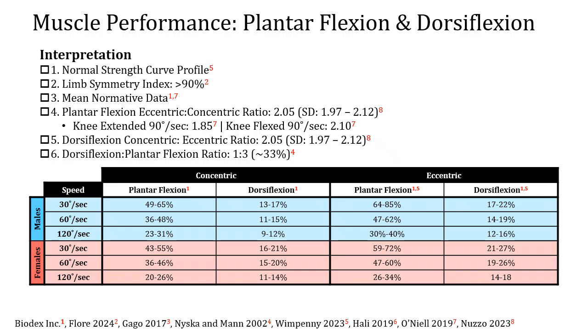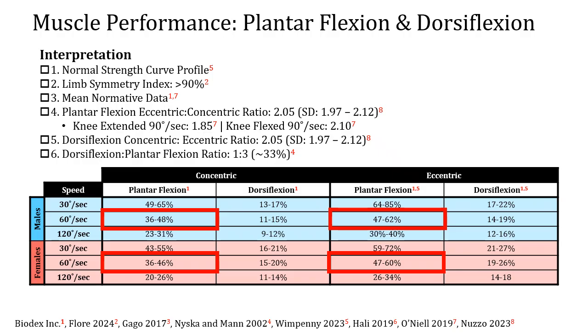So the mean would be if you just took the difference between the 2 values. So if we just took that first value in the upper left-hand corner for males of plantar flexion concentrically, 49 to 65% body weight, then you would be looking at approximately 57% of body weight concentrically as the normative value there. And then we saw previously in the last slide that you would want the individual to be able to produce up to 80% of body weight, and those values can really only be achieved during the eccentric aspect of the